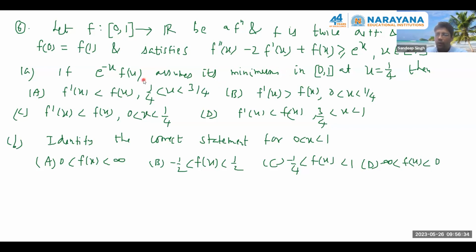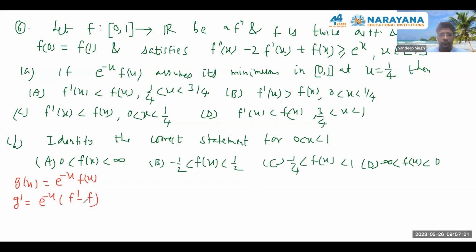See, in this problem, they have already given you a hint, because they have asked you to do the problem for e power minus x f of x. So this is a very big hint. Suppose they would not have given this, even then you should have thought of bringing e power x to the other side and checking on your own. It is the double derivative of this. Are you able to identify this? Yes, sir. Good. So basically you should start with g of x equal to e power minus x f of x. Even if they have not asked this problem in particular, you should comfortably take this as your g of x. So what is g dash? This will be f dash minus,